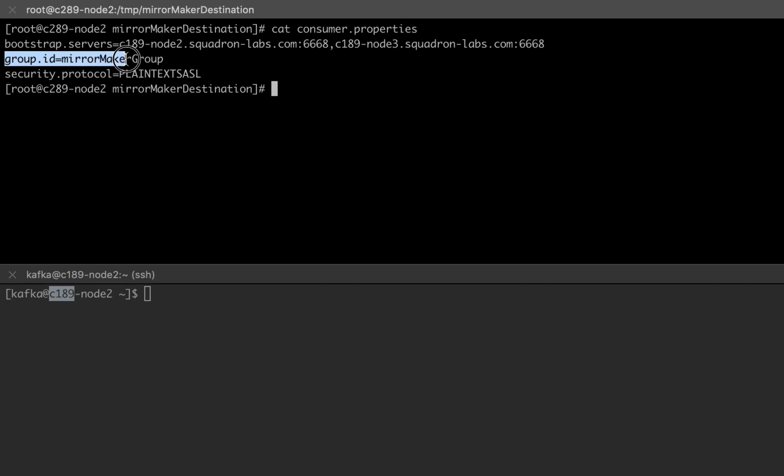Then I specify my group ID for this consumer, which will be called Mirror Maker Group. And I specify the security.protocol, which is PLAINTEXTSASL, as this is a Kerberized cluster connection. On the other hand, I have my